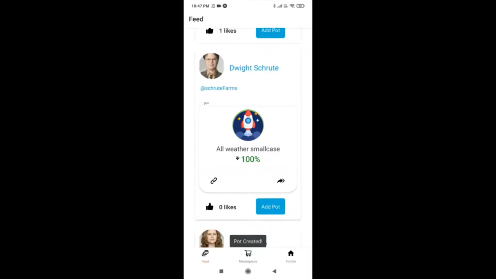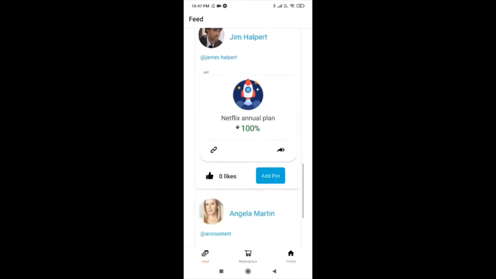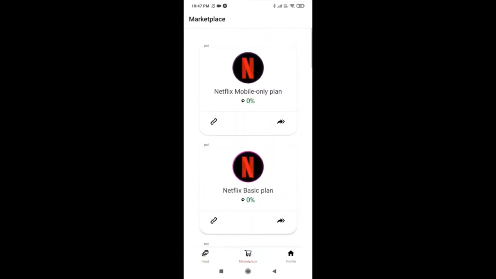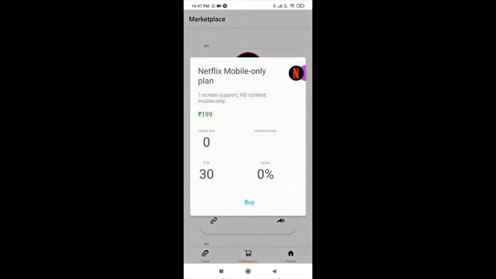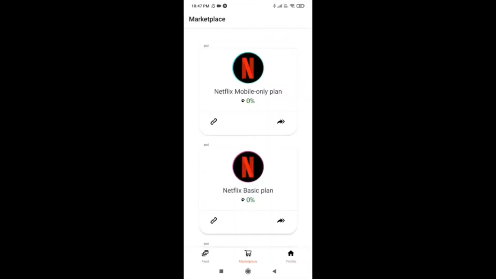Now, talking about the marketplace. The marketplace is a place where corporate companies can add their own custom-created pods that align with their business value plans. For example, the Netflix mobile only plan suggests that you can save 199 rupees over 30 days, so that at the time of subscription again, Netflix will automatically deduct this value from the application and you don't have to pay it from your own bank account. So I can buy this and it will be saved as a pod created. As you can see, yes, it is done.